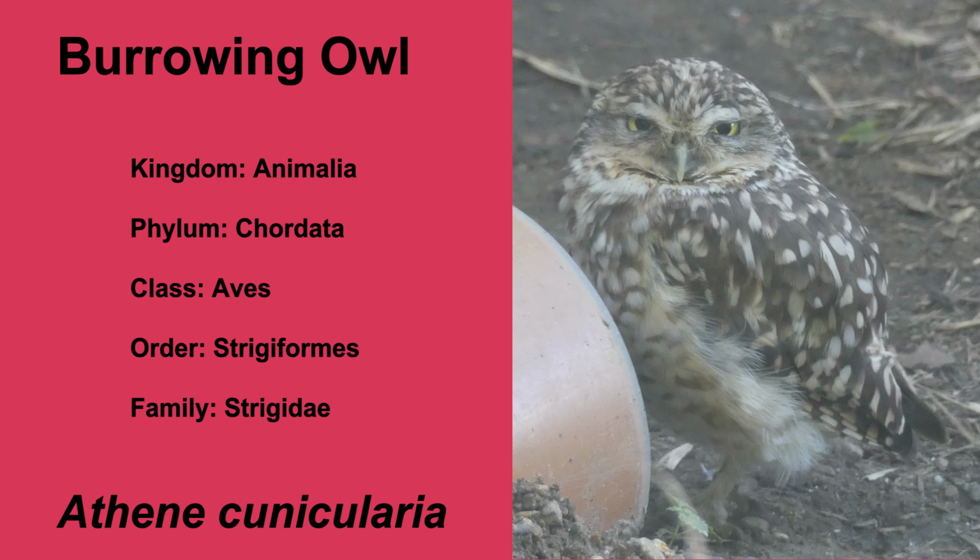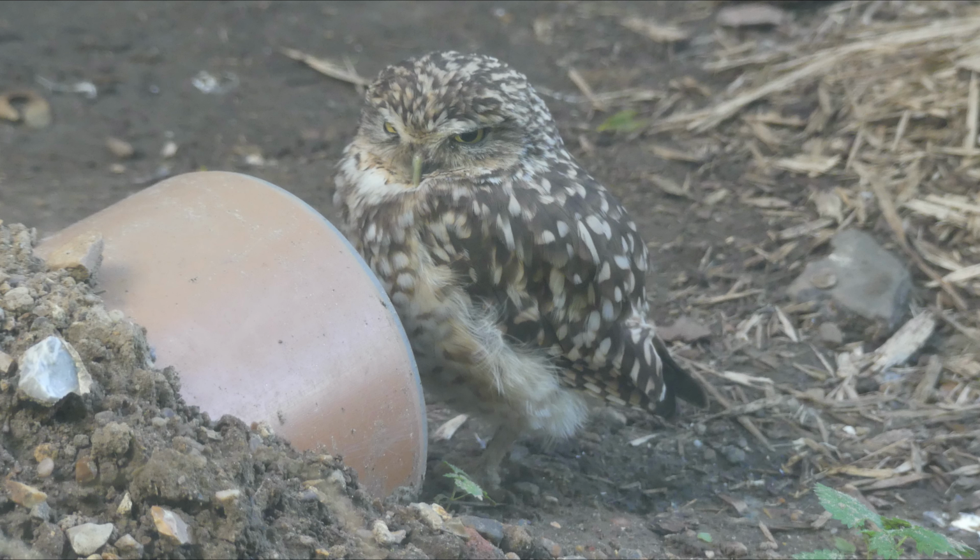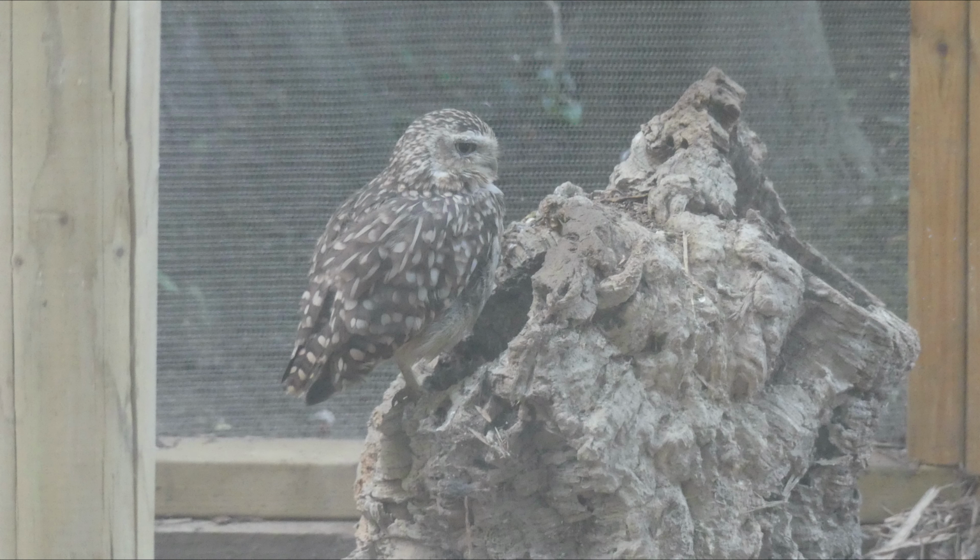Burrowing owls can live for at least 9 years in the wild. They will often nest and roost in burrows made by ground squirrels, but can excavate their own if the ground is not too hard. They are a small, long-legged species of owl, primarily terrestrial and often active in daytime. They often line their nests with dung, and the female will lay around 9 eggs, which she incubates while the